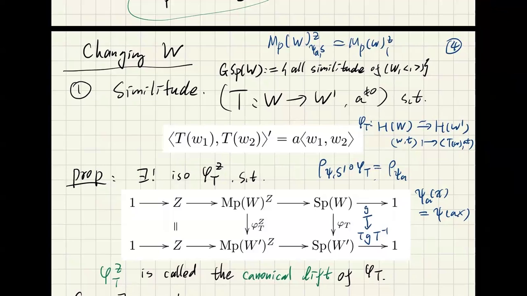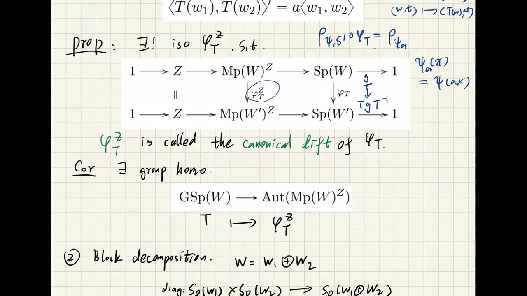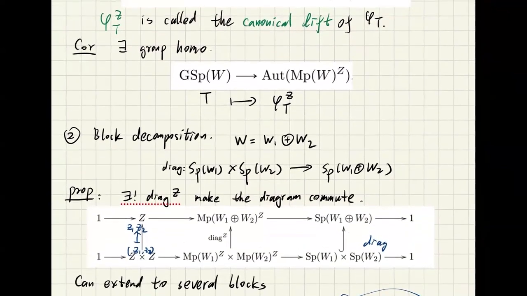S prime. Okay, so therefore you will have this unique isomorphism here. This is called canonical lifting. But anyway, the point is that the similitude group, called GSp(W), will give you an automorphism of the metaplectic group. Okay, so there are other things. For example, if your symplectic space has an orthogonal decomposition into W1 plus W2, where W1